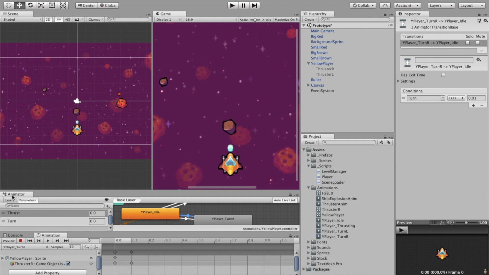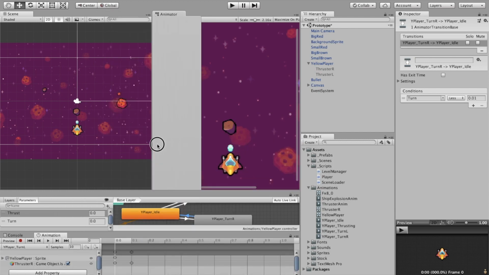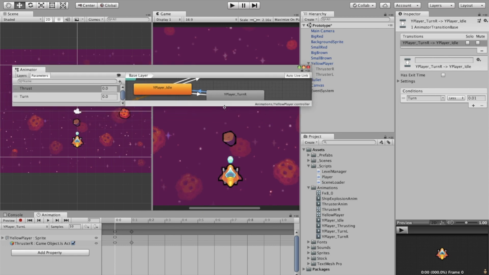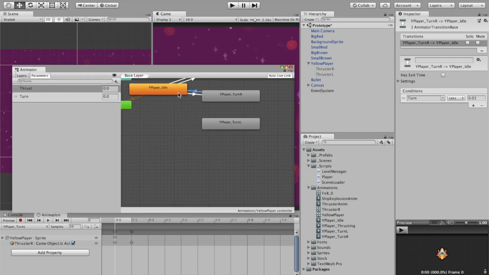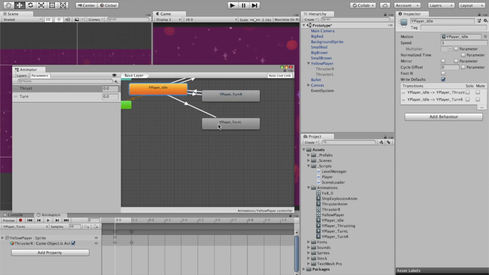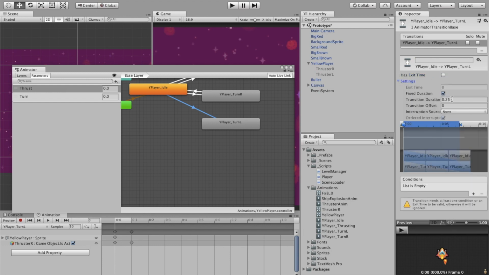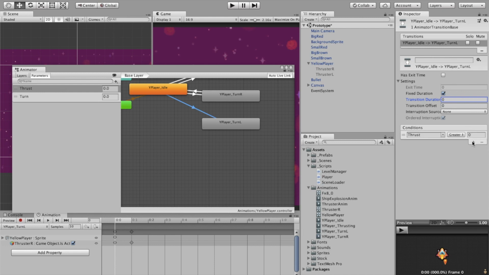So now, grab this animator, drag it back out. Wish I had a bigger screen. Haha. There we go. Okay. One more. So player idle, make transition to turn left. No exit time. Open up settings, change the duration to 0. Add conditions, turn. In this case, we need less than, and we're going to do -0.01 because we need the number to be negative. It will turn to -1 whenever we go to the left. So we need it to be less than 0.01,